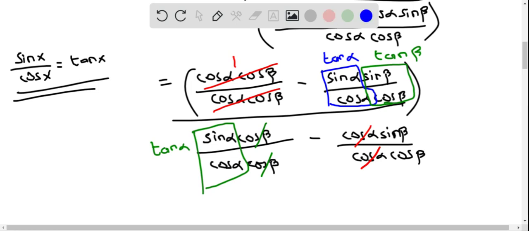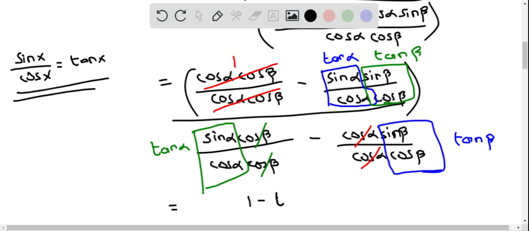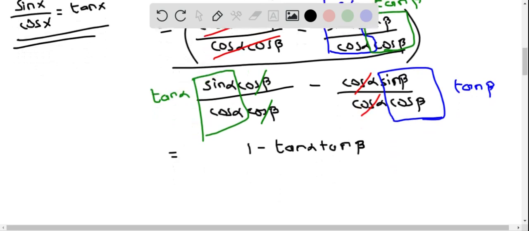And then we have sine beta over cosine beta, and this equals tan beta. So let me put this now. Therefore, we have the numerator 1 minus tan alpha tan beta, and this is over the denominator, tan alpha minus tan beta,